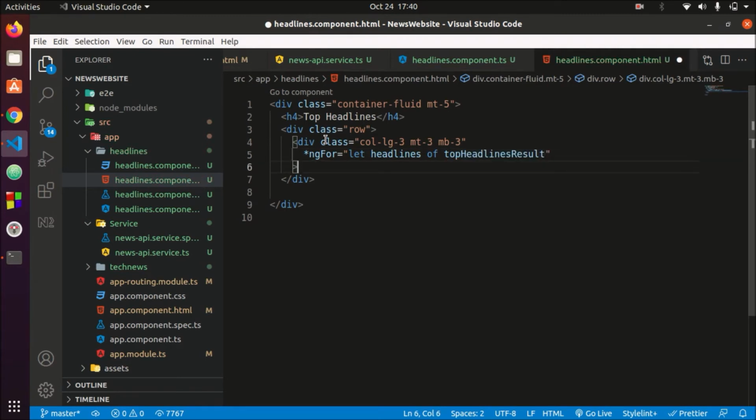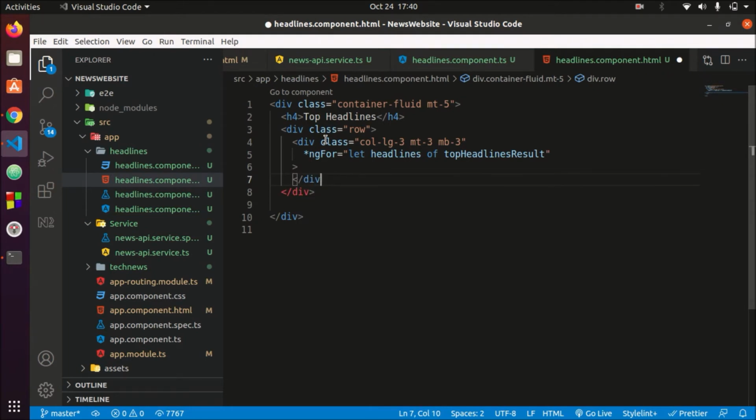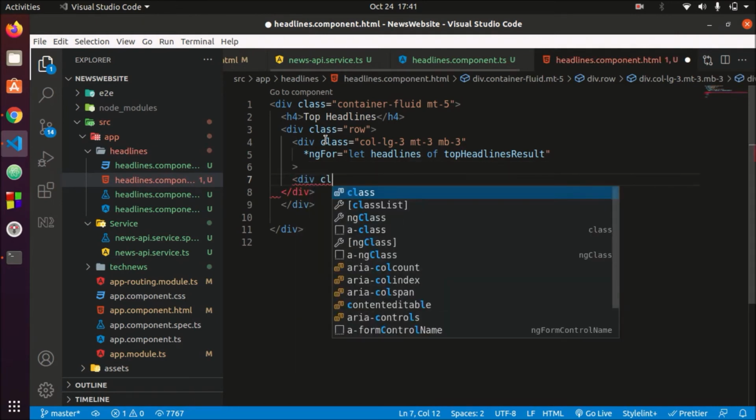So I think I have to close it also. I haven't closed it, so let's close it. I have closed it. Now in this loop, let's create a card div